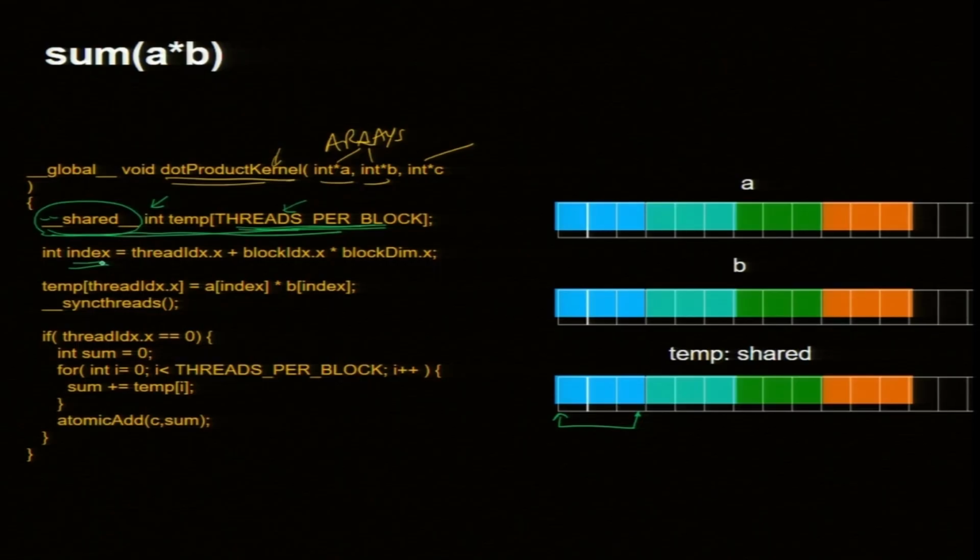Now, it is integer type. After that I need to get the global index. Actually, I do not need this, yeah, that is right. By the way, each thread knows which block it is in and which thread it is in. So, here I am putting the number, this is shared memory.